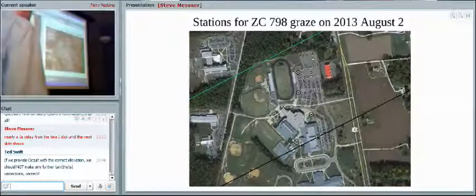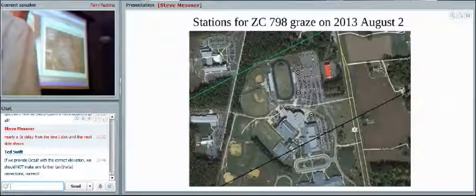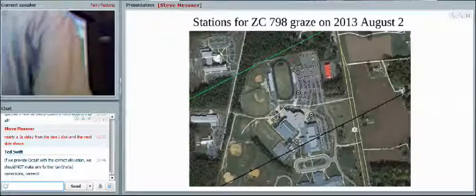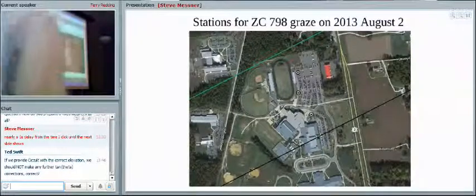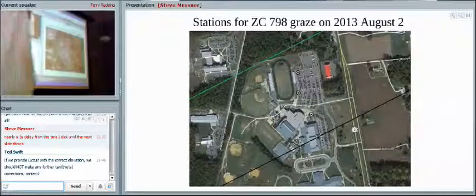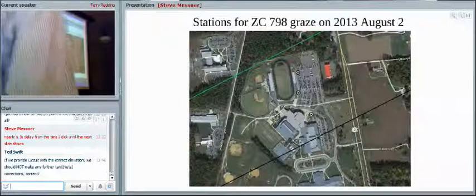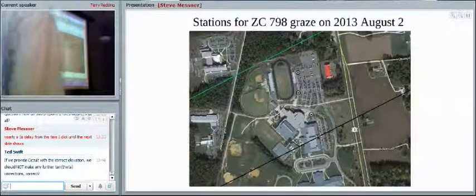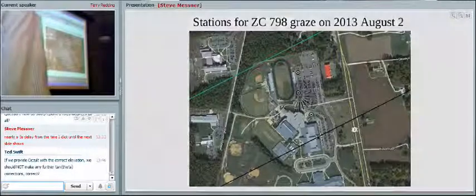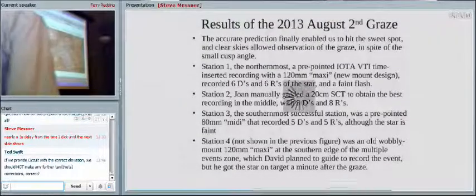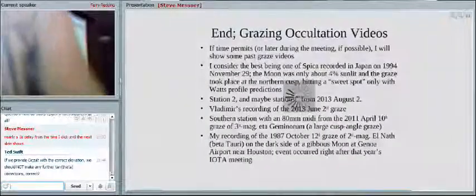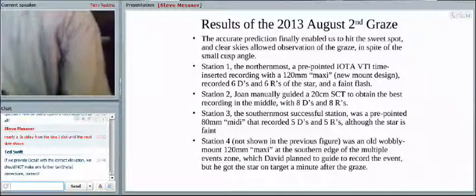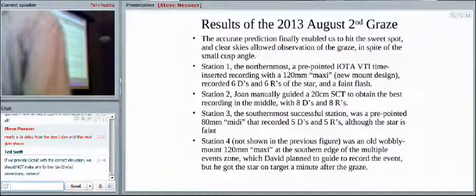I'm still in the process of trying to analyze the data. I want to get a plot of that. This is the first real good success with using these small scopes. But the video doesn't look real good. It's on YouTube, but because it's so close to the cusp, you just see the star coming out of the cusp and then the events occur. So next slide. This is the waning phase, so the star goes over the cusp and then